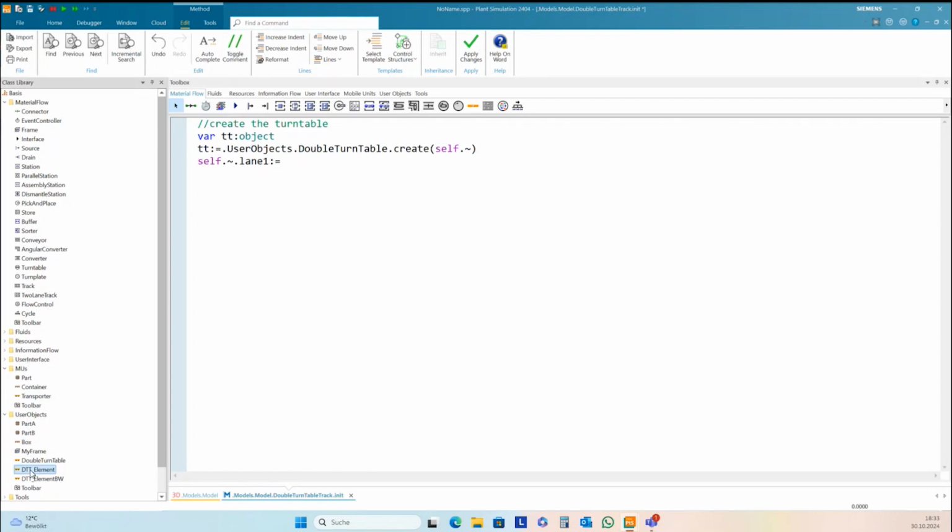And this is my double turntable element. I created on TT and get here a reference for lane 1 and the same for lane 2.